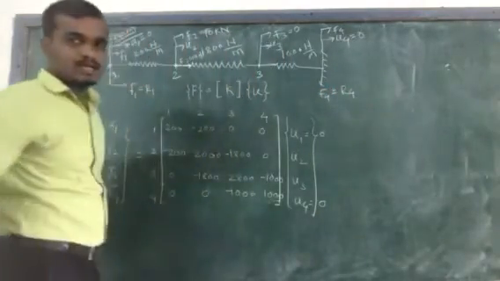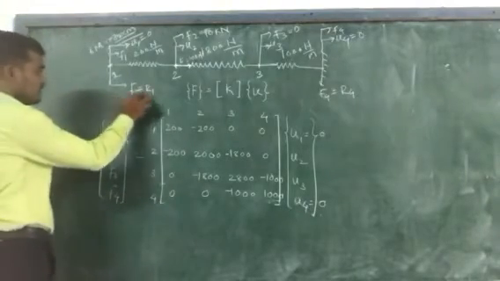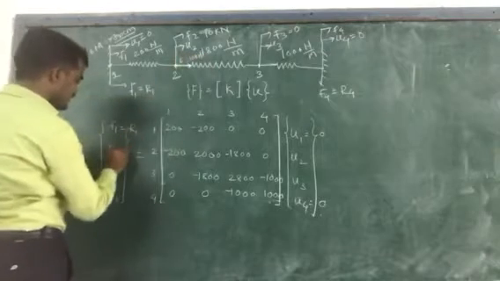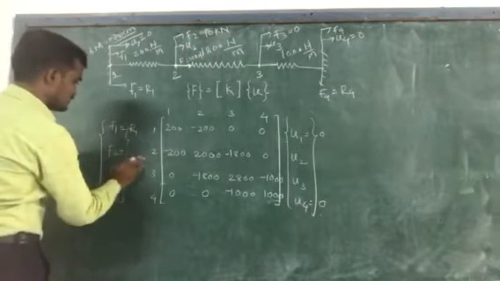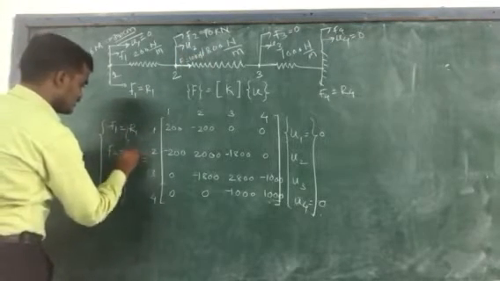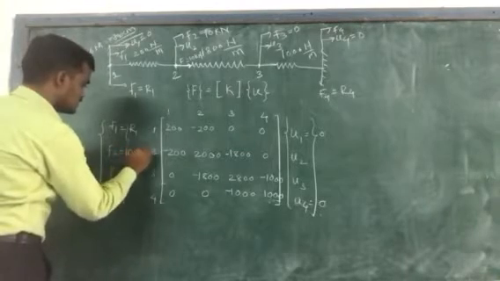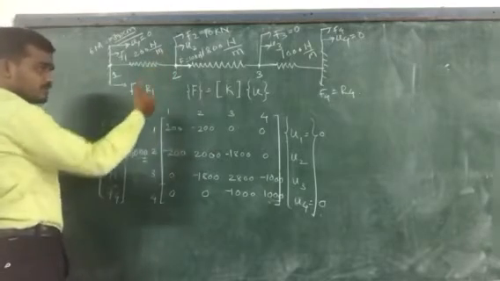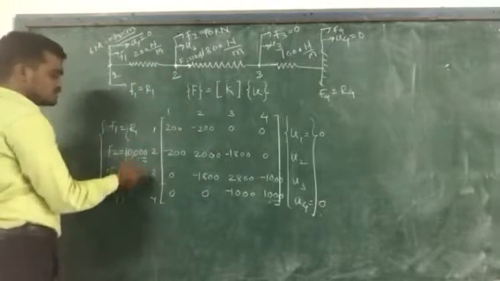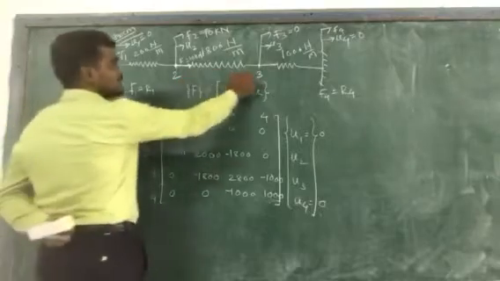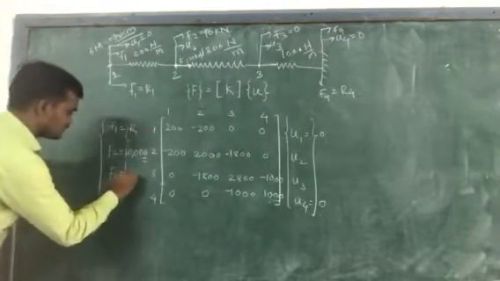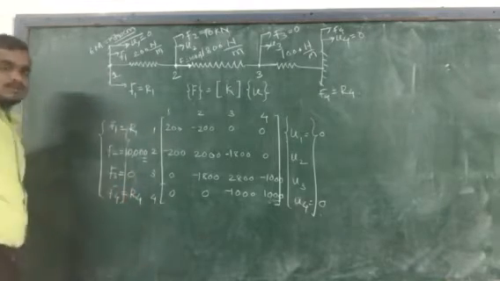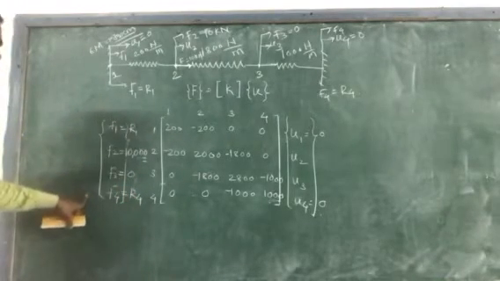Okay, so in this way, your boundary conditions will become F1 is equal to R1, F2 is equal to 10 kilonewton. 10 kilonewton means 10,000 Newton, because your coefficient of stiffness is in Newton per meter, so you need to take this F2 in Newtons. So F2 will become 10,000. F3 is equal to 0 and F4 is equal to R. So in this way your force vector will become,